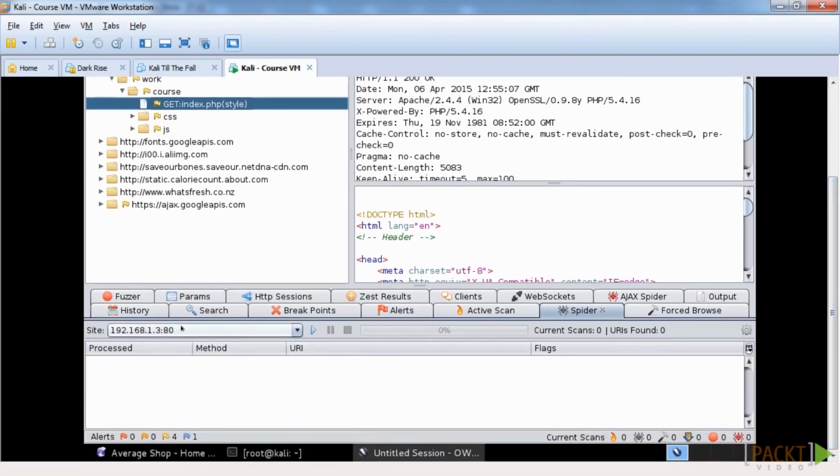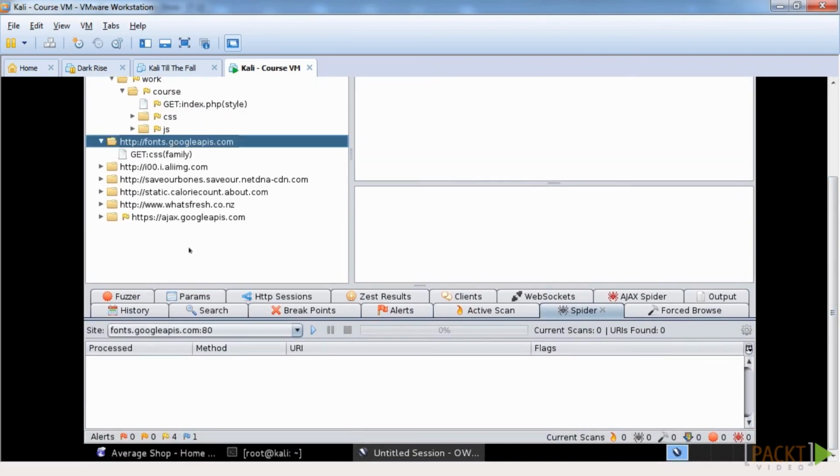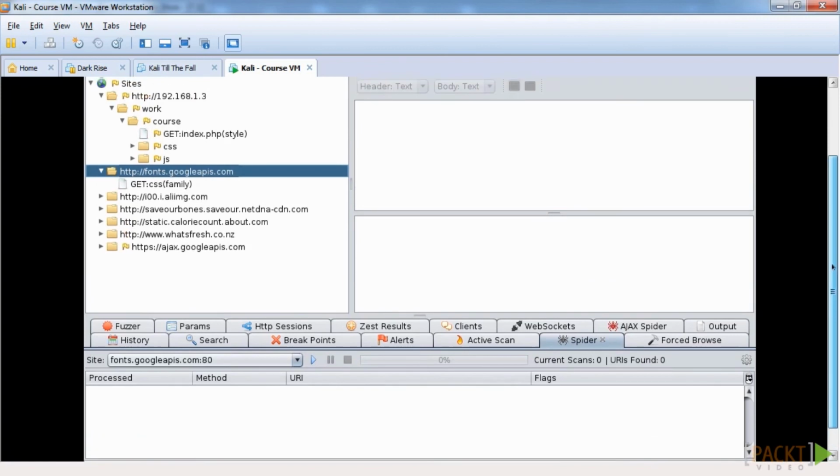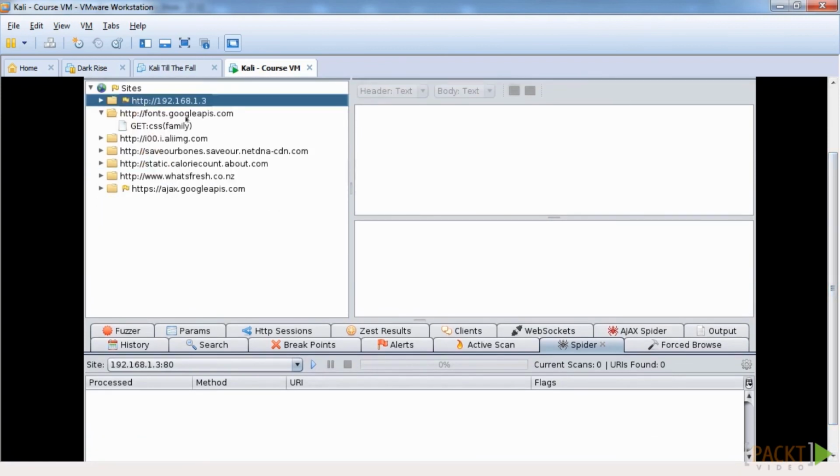down below, and we've already got it set as 192.168.1.3 because we're in that section. If we go over here, we'll obviously be scanning on the Google API site. We don't want that, we want to go on this host, so we highlight that, and then we'll click play,